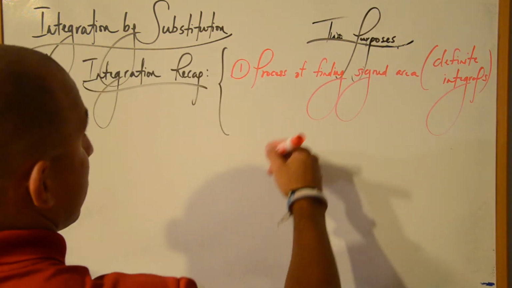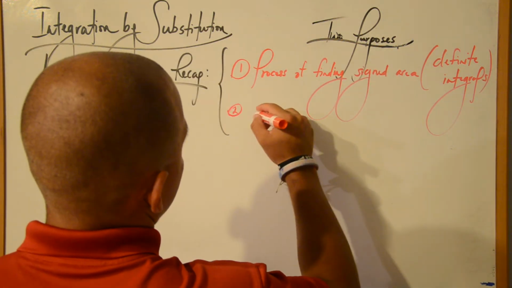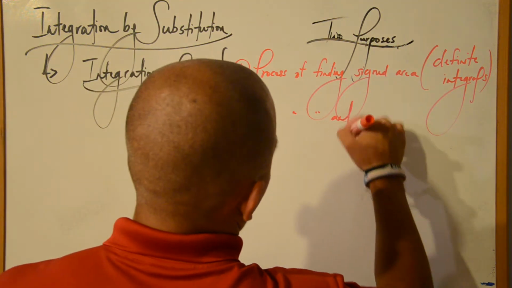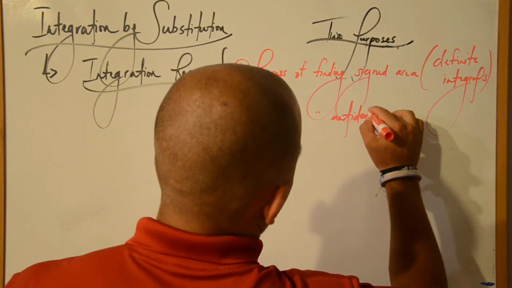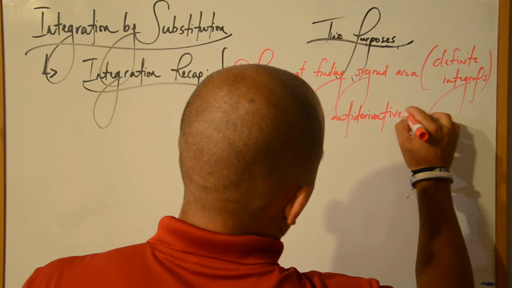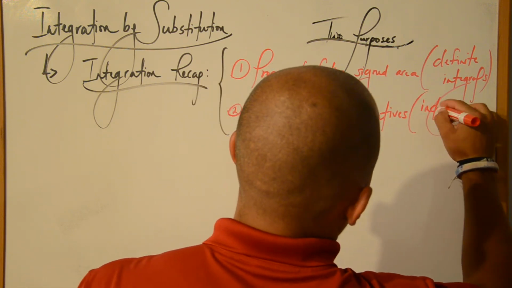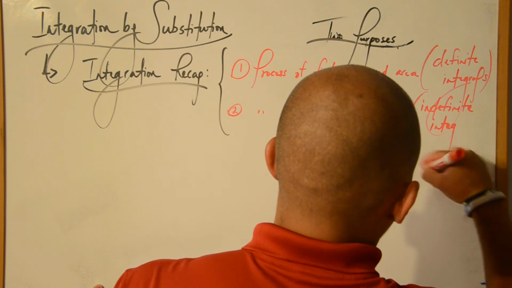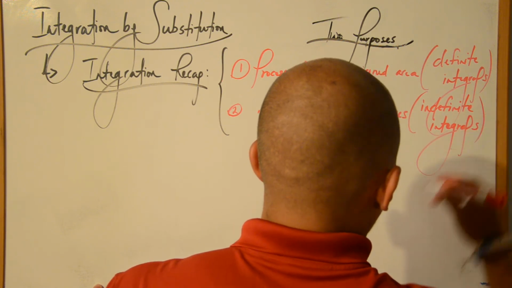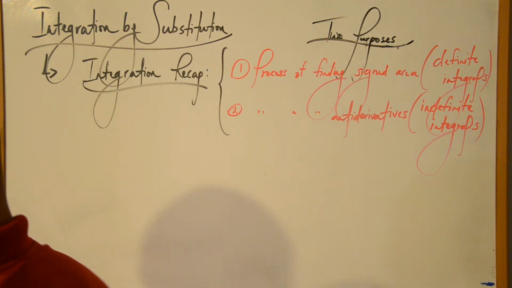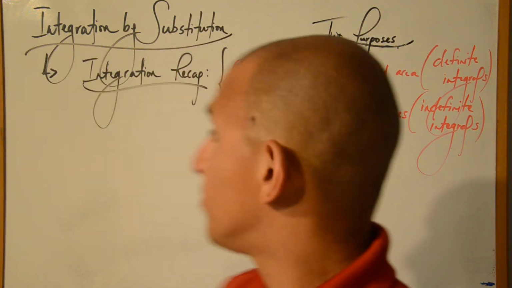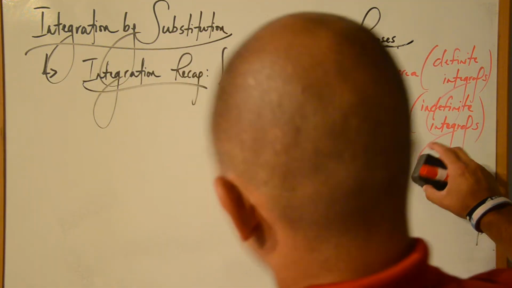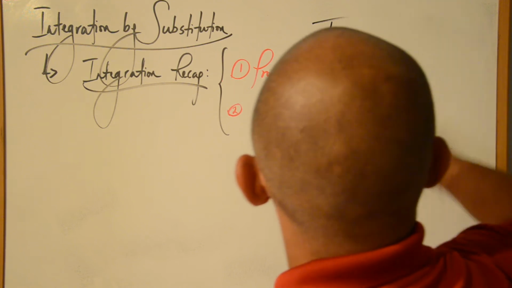And then it also doubles as the process of finding antiderivatives, which is through indefinite intervals. And obviously our fundamental theorem, parts 1 and 2. But the purposes of this one. So